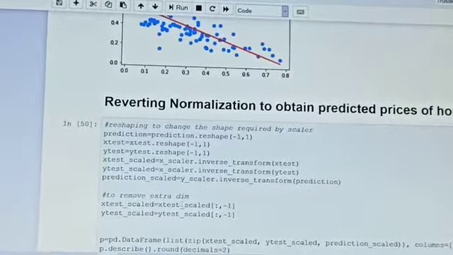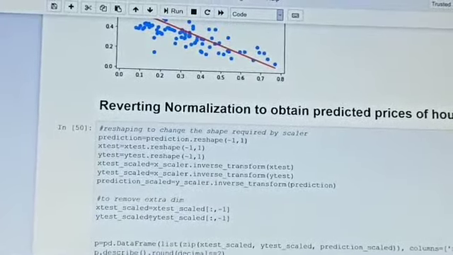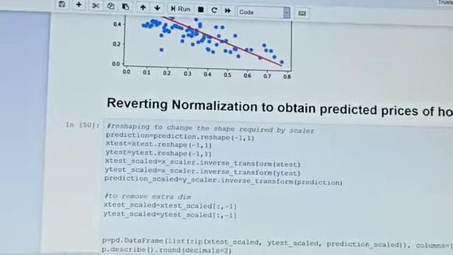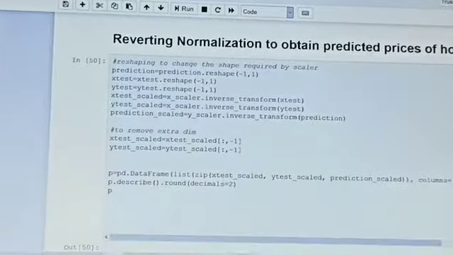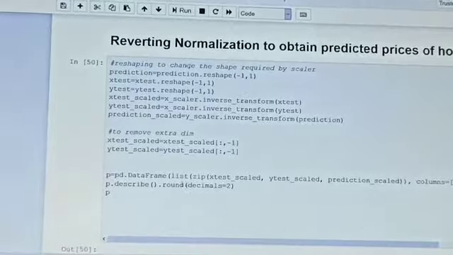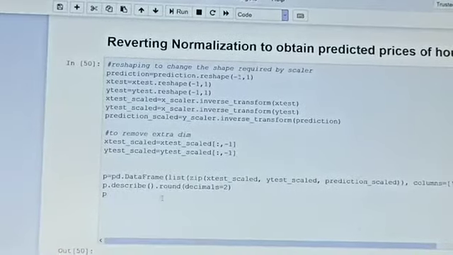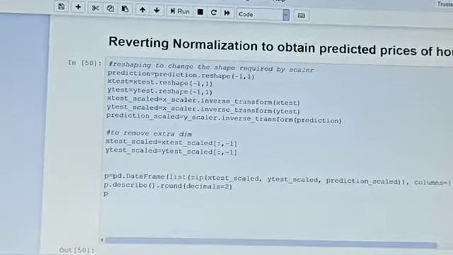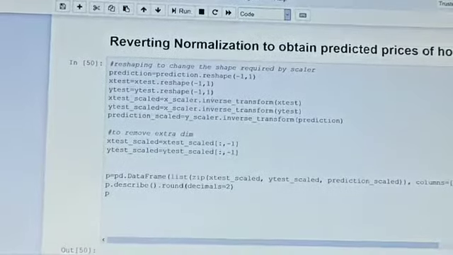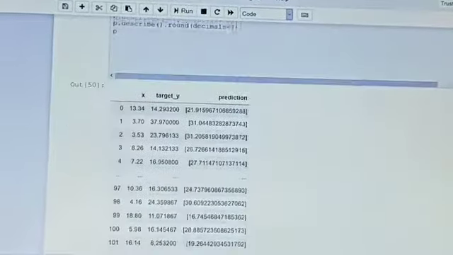And now to remove the extra dimension we use this method, and lastly we visualize the predict function by pd.DataFrame, which is specified in the pandas library. And lastly we predicted the price of the house, and now we look at this.